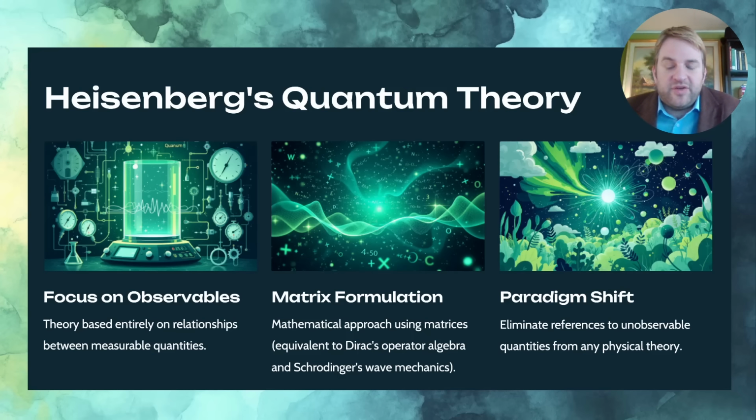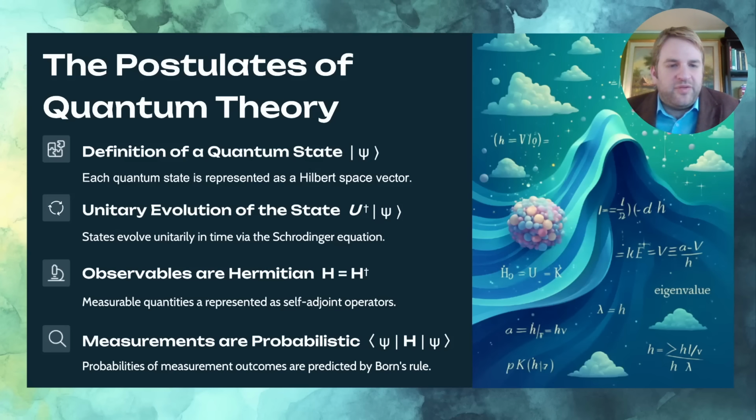So what is this quantum theory? Well, the modern framework of quantum mechanics today is based primarily on 4 postulates. These are the 4 standard postulates you should see in any standard quantum mechanics textbook, which involve the definition of a quantum state in a mathematical framework known as a Hilbert space. So this quantum state is a vector on a Hilbert space.